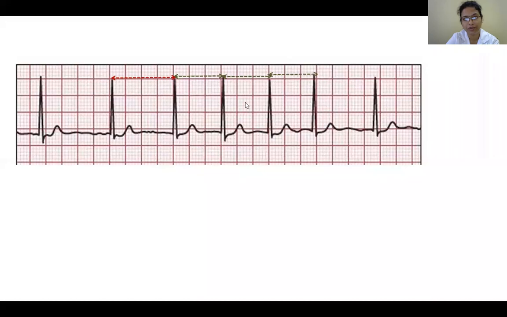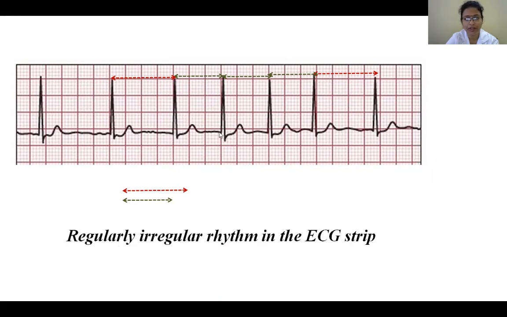This one also corresponds to the preceding RR interval, whereas the next RR interval is similar to the first one which we have made. So if you see, this RR interval is equal to this RR interval, whereas these three RR intervals are of the same proportion. So on comparing, of course, if you compare this whole strip as a whole, the RR intervals are not equal. So this is a strip of irregular rhythm.